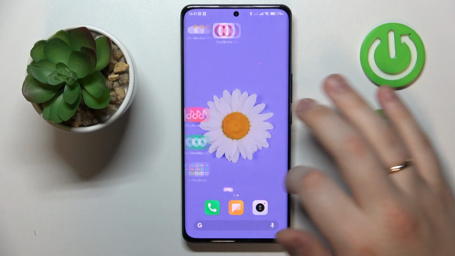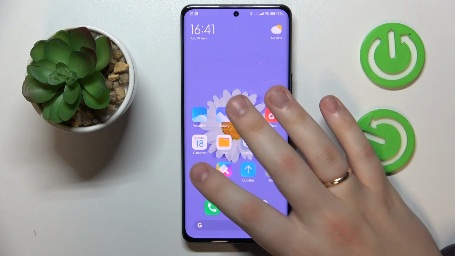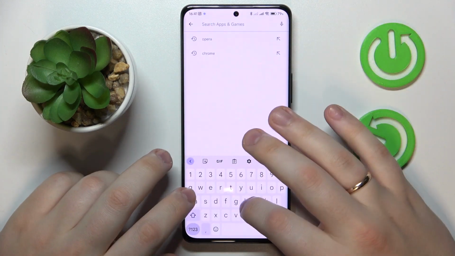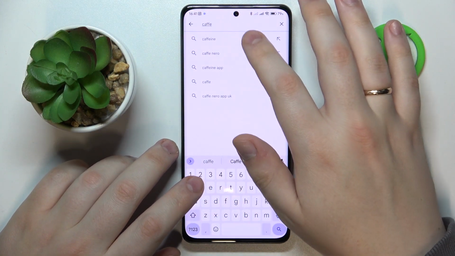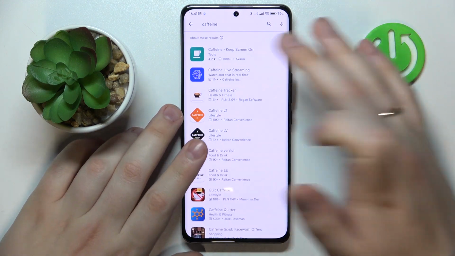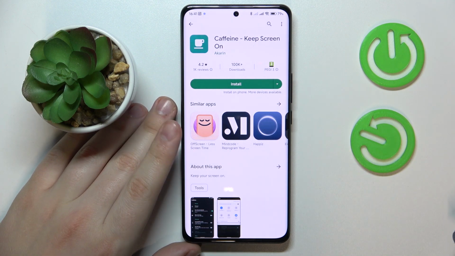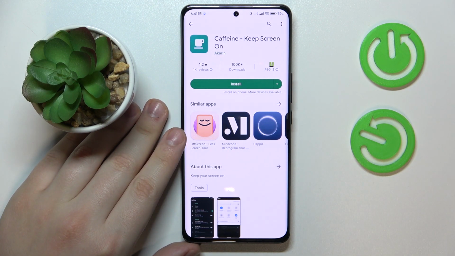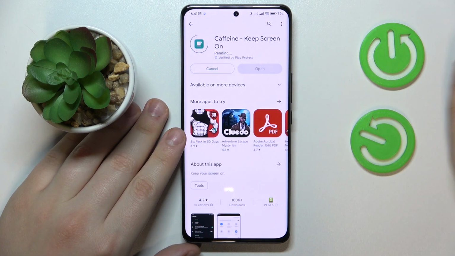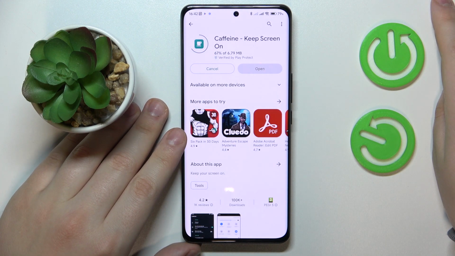So the first step that we need to take is to download and install the free third-party app that goes by the name of Caffeine. That is the external tool that allows us to set custom values for the auto screen off function and set the value to never as well. So let's get this app real quick,